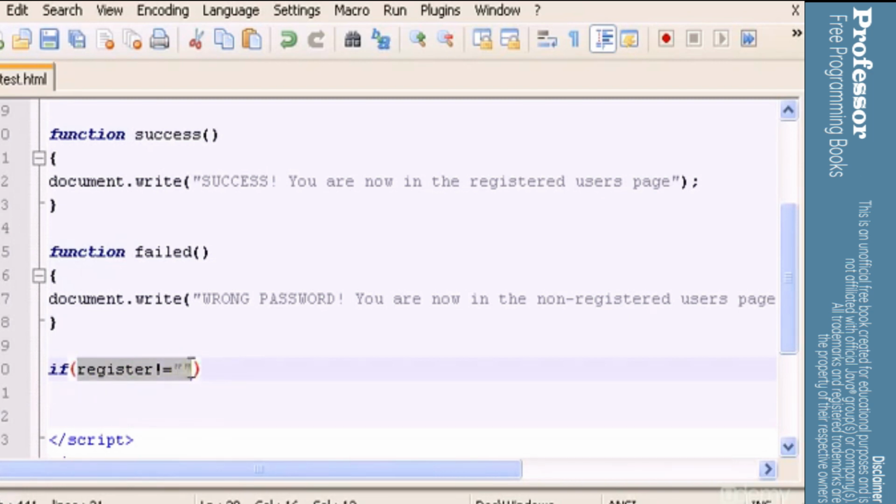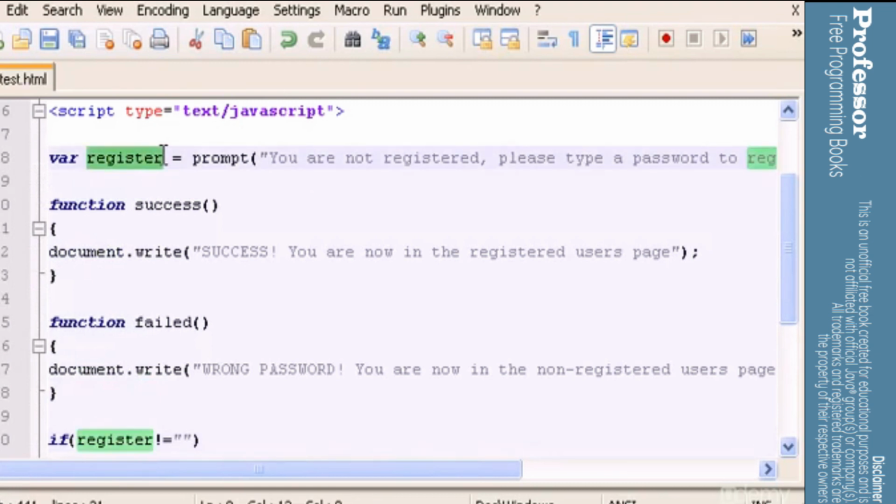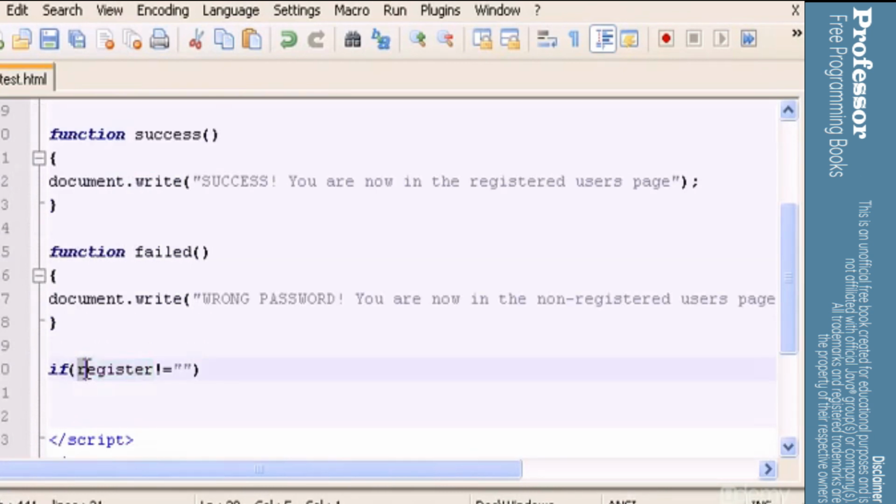Okay, so this means, I don't know if we already talked about this comparison operator here, which means not equal to. So if the password, which is the variable stored in the variable register at the beginning, is not equal to nothing, that is like saying that if the password is something, we're gonna run this code. So if we typed something in the password, please run this code, and the code is going to be a prompt, another prompt